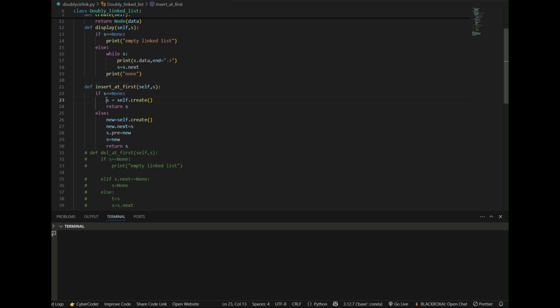If s is equal to None, meaning there is no data, no node in s, then s is equal to self.create. This self.create creates a node in s as we have given here, and returns s. Like if there is nothing in s, create one node and return s, and we get insertion at first. And then second is new equals self.create, else, if there is something in the node s, then please create a new node,